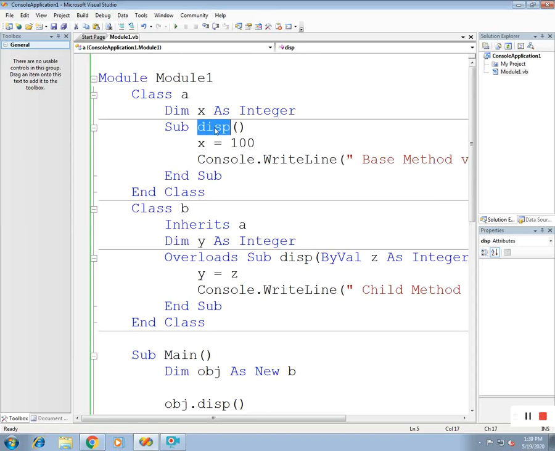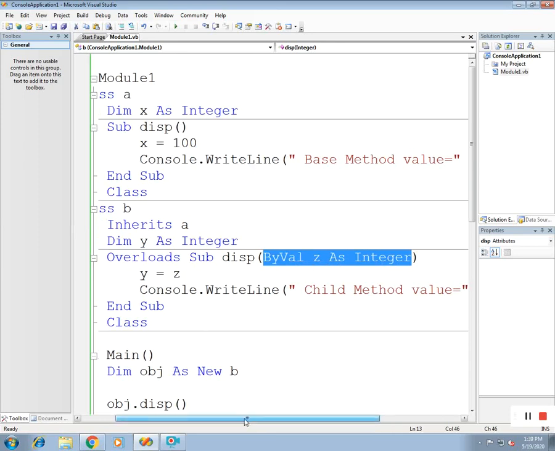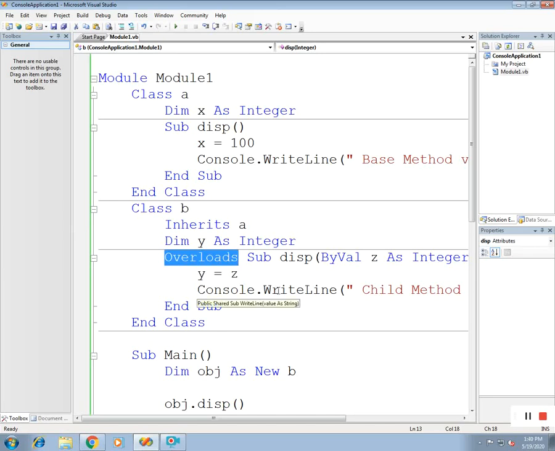In case of inheritance, when you overload a base method in the child method, the signature of this disp is the same, and you are implementing the base method in the child method with an extra parameter, there is a mandatory thing that you will have to write Overloads.